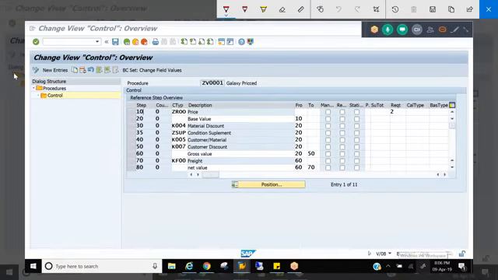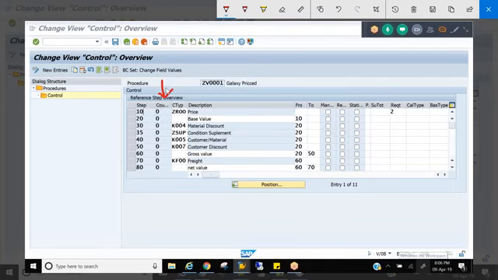So step will help us to place the condition types in a procedure in a sequence like 10, 20, 30. And the step will also help us to do the calculations. Whenever we are doing a calculation, we are mentioning what we want to calculate, so you are mentioning the step numbers in from and to, so that you can do some calculations or accumulations. So that is step. Step will help us to place a condition type in a sequence, and also to do calculations and accumulations.